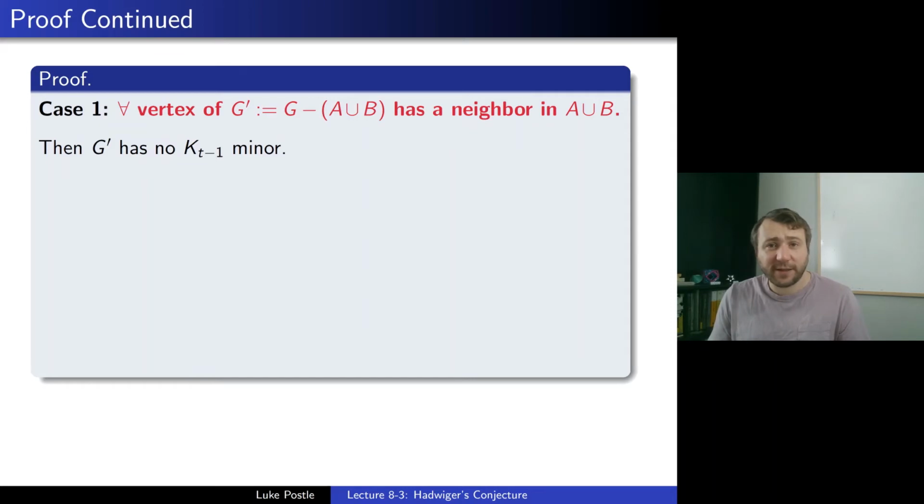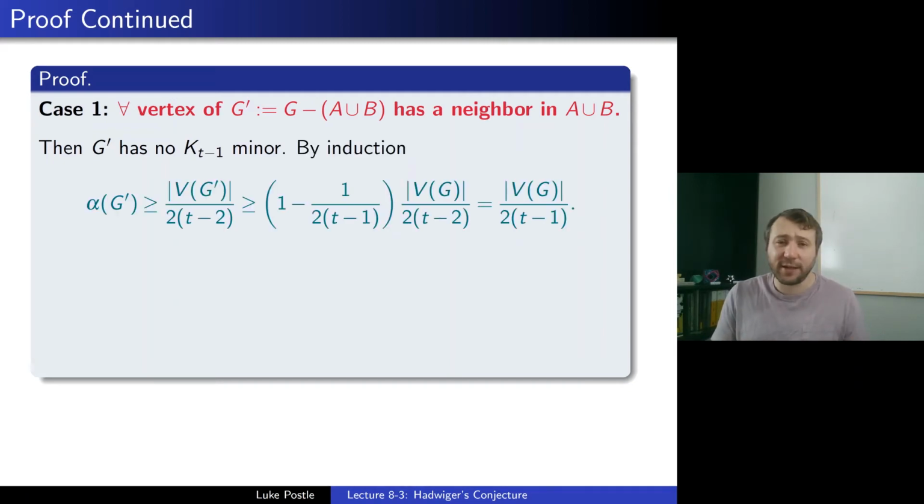Do you see why that is? Because A union B is connected, so we can contract it, and if this case holds, it's adjacent to everything. So if you find a K_{t-1} minor in G prime, you'd have a K_t minor in G. Then you just apply induction, you work out the numbers,